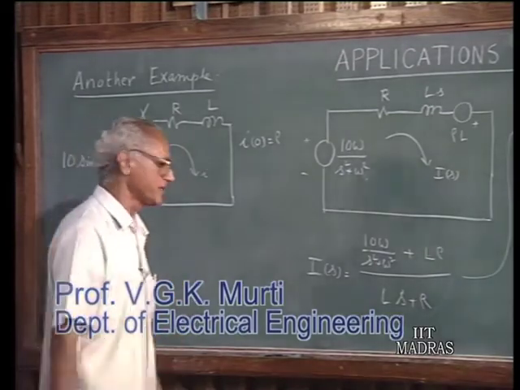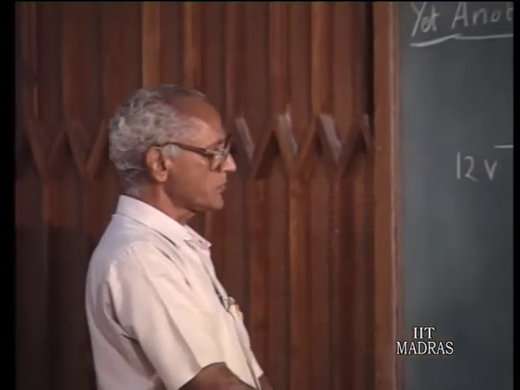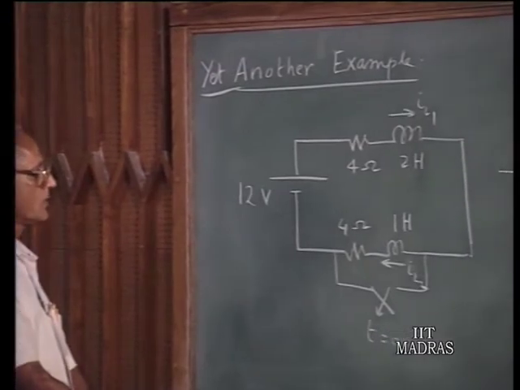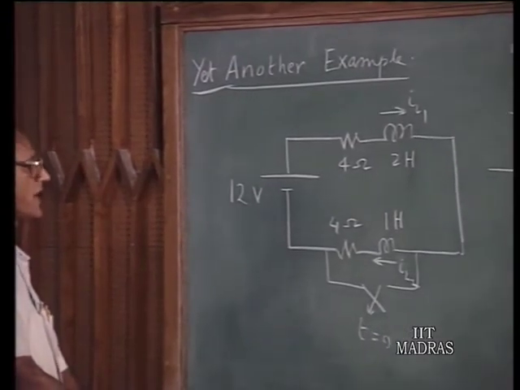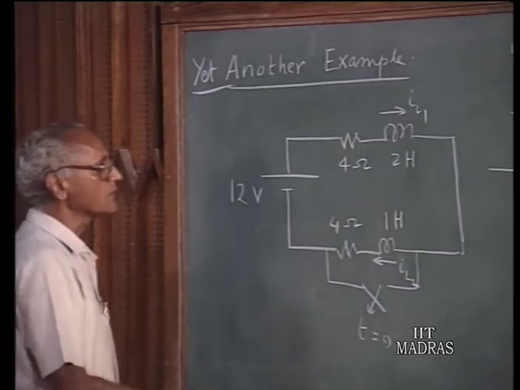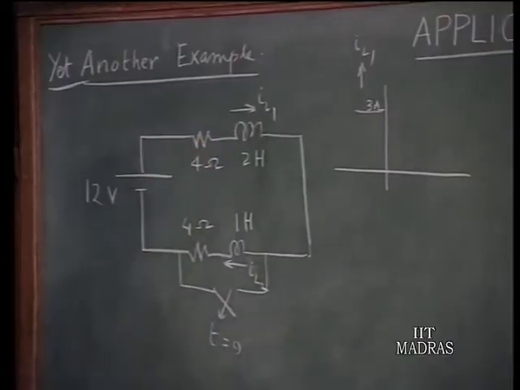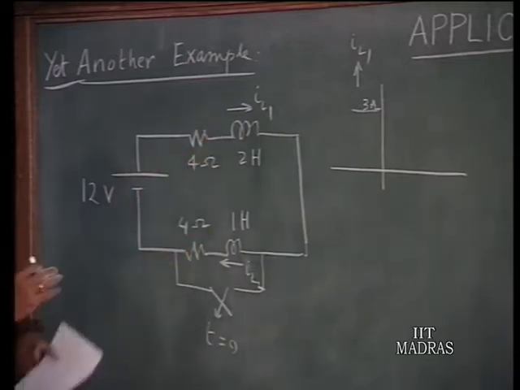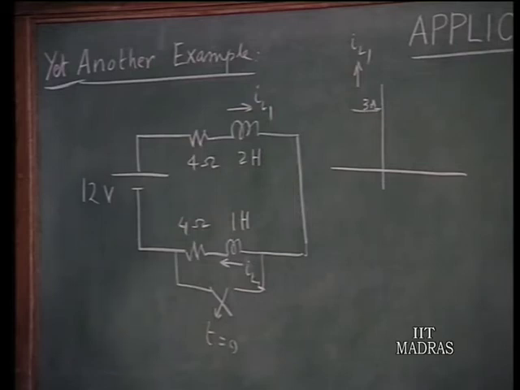Let us work out one more example. Let us now consider this example which we had earlier discussed in the context of the classical method of differential equation approach to the solution of transients. We have a setup here in which the two inductors were originally carrying different currents, but once the switch is opened, both of them are perforce required to carry the same current. Therefore, this is a case of discontinuous inductor currents in the transition from t equals 0 minus to 0 plus.